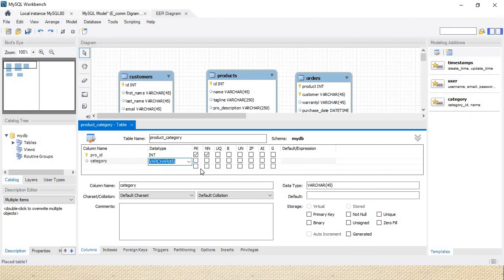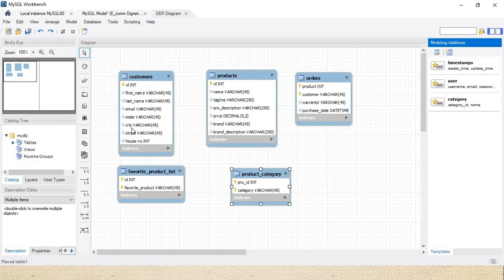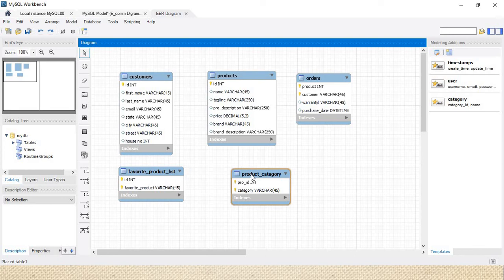Here I want to use category as a primary key. What is the reason? Because the product ID will be the same, but the category will be different. For example, I have a product ID 10, so there are different categories. Don't worry about that. That value is a composite key. So here I have created the composite key, product category, with product ID and category. Now we can say that this is in the first normal form.